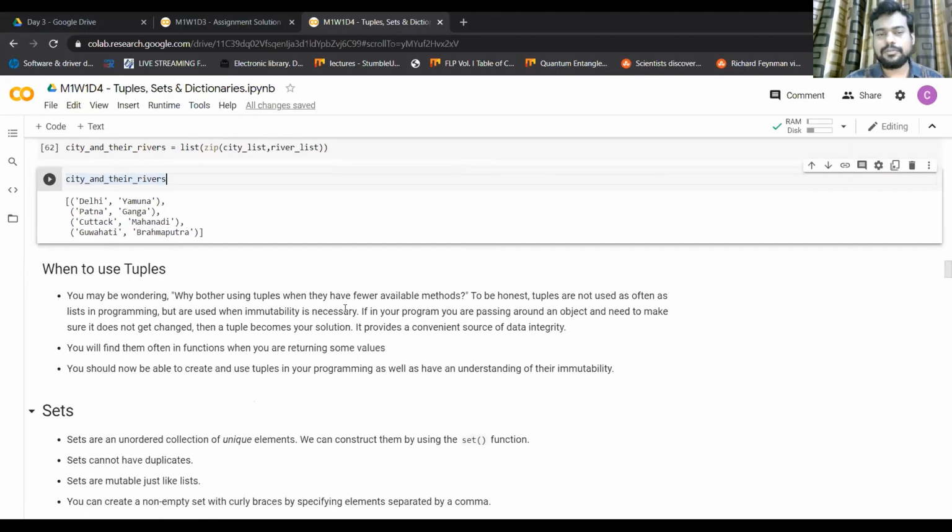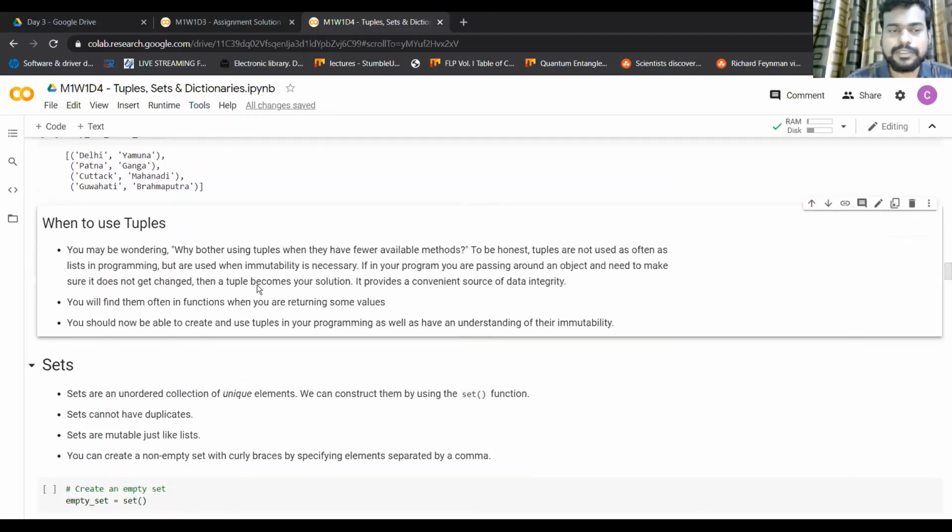So a final comment on tuples. You may be wondering why bother using tuples when they have far fewer available methods. In fact, this is one of the properties you actually want in some objects, because later on, when we discuss Python functions, we'll have to pass around some objects, and we'll need to make sure that the object we are returning or passing around does not get